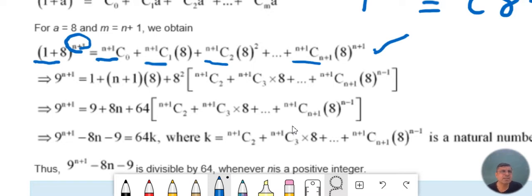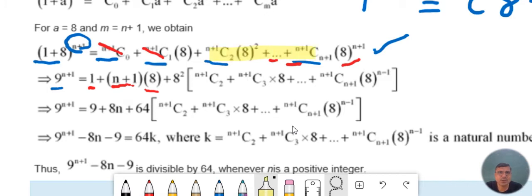Okay, so this is nothing but 9 raised to n plus 1 that we already discussed. Now you know that this term is always 1. This is n plus 1. Alright, that I already explained so many times. Now into 8 plus, here 8 square, the next term will be 8 cube, then 8 raised to 4, final is 8 raised to n plus 1. Now from this many terms,